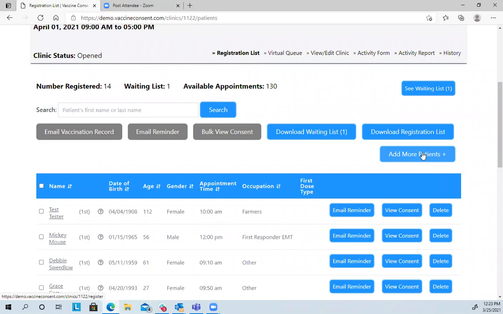A question came in. Can the first or second dose be changed if it's incorrectly input during registration? It can't because health questions can't be changed. But if you're vaccinating this person, you can make a note within PrepMod that they answered that incorrectly. That information, whether they say it's their first or second, is really for you as the vaccinator and for the planners of the clinic. It does not go over to your IIS. Just their vaccine from that day goes over to the IIS, and the IIS should already have their first dose if they've already had one. So I hope that answers your question there. Let's go over and see what we do on clinic day. I can tell you where you can note that.